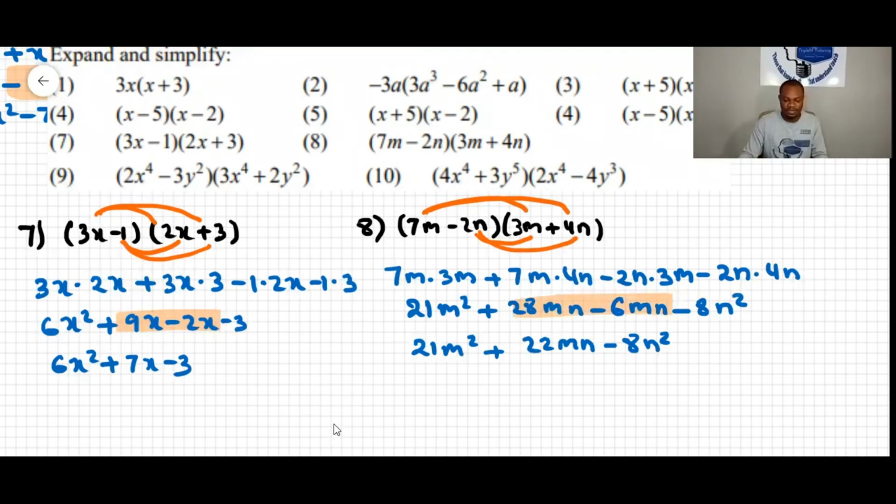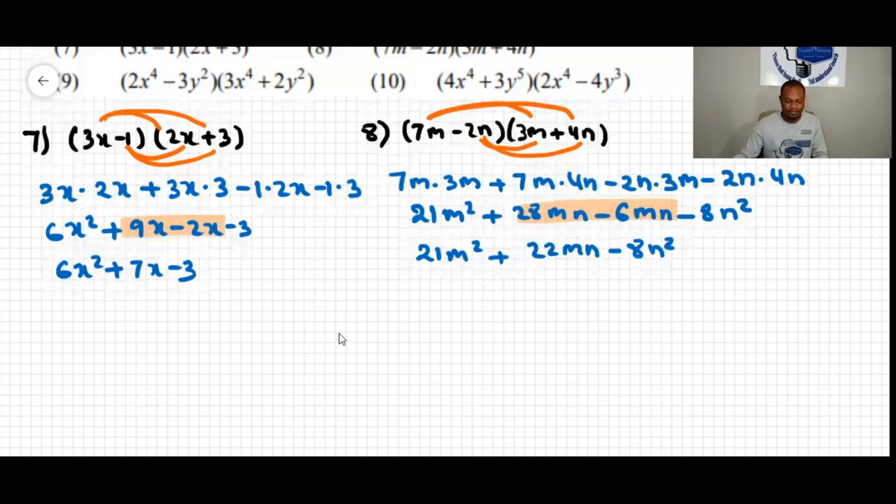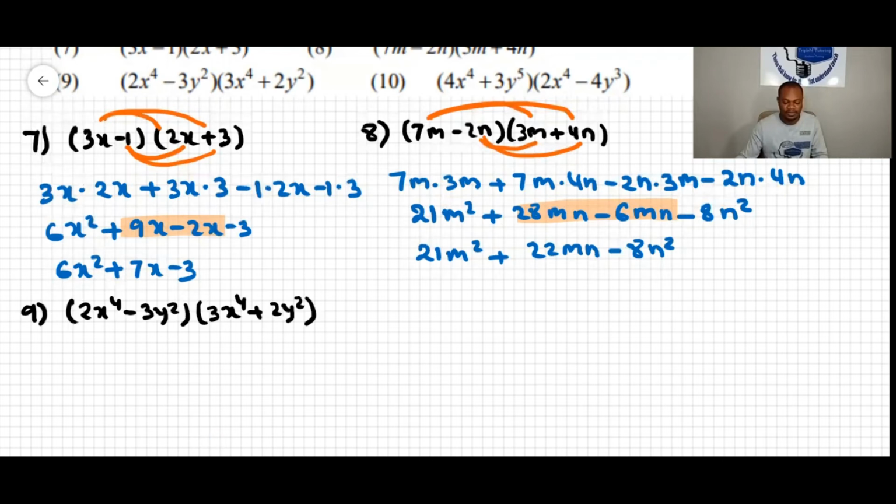Now we will do question 9. Question 9 says 2x to the 4 minus 3y squared times 3x to the 4 plus 2y squared. Now we expand it again, 2x to the 4 times 3x to the 4, 2x to the 4 times 2y squared, this times that, and that times that. And now this will be